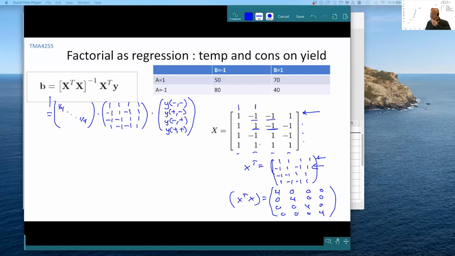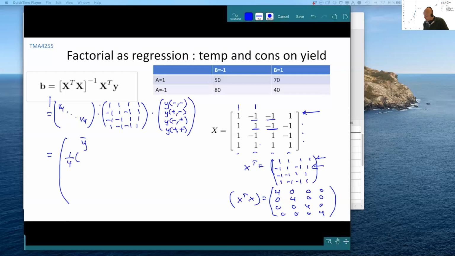Okay, so the first row would here be organized as the mean effect. And that's what we see here. In the first row, we just sum all y's and we get the average. So the first one is simply y bar. We take the average. For the second row, that would be the effect of A. What's the effect of A here? Okay, and then we see we get 1 over 4,